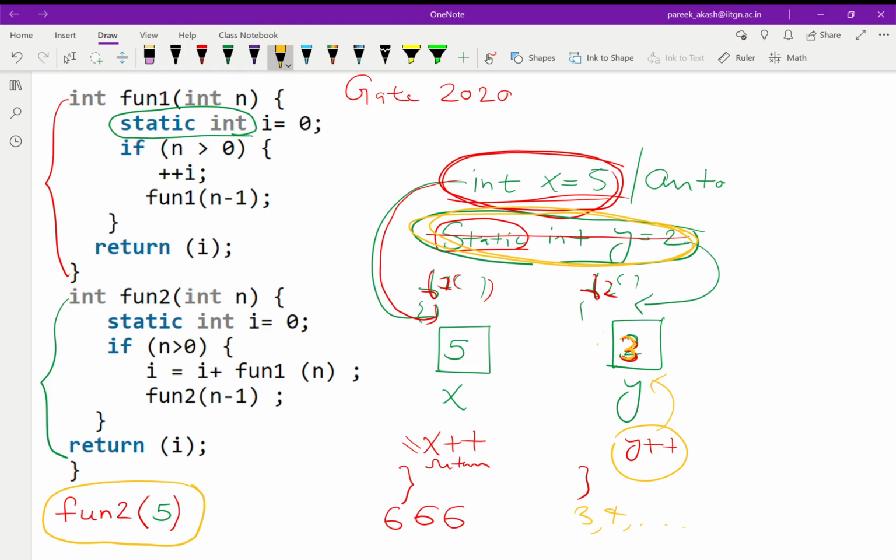And if I'm writing int x, only declaring this, then x can have any garbage value. But if I'm writing static int x and not giving any initial value, then it will have an initial value of 0. So all static variables, if they are not initialized, have an initial value of 0.